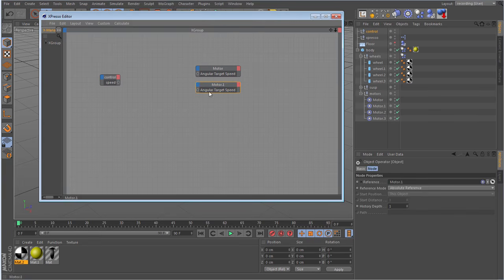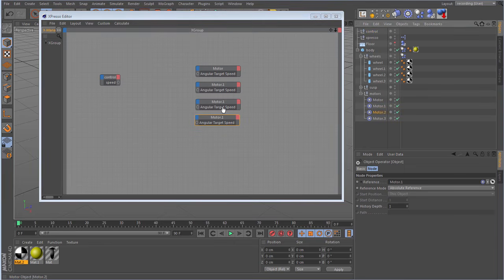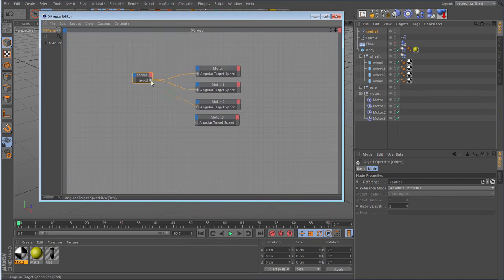And a quick way to fill the other two motors in here is just to Control click them, make a copy and another copy. Now I can just drag the name of motor 2 onto there and motor 3 onto there. Okay, so that's the 4 motors, so what we've got to do now is hook up the speed, and hopefully this should drive our car. We should be able to control the speed with our little slider.